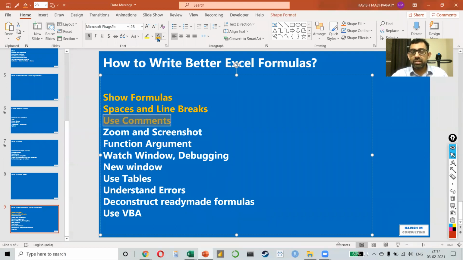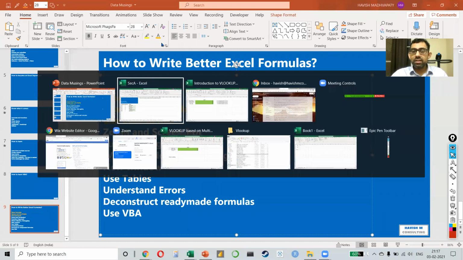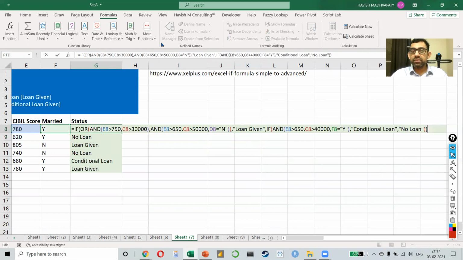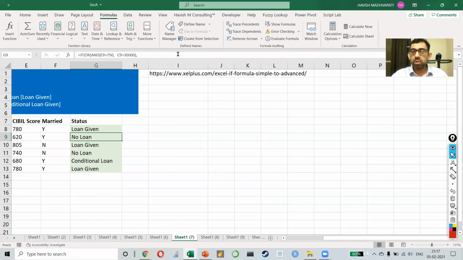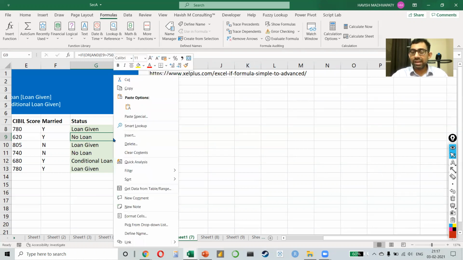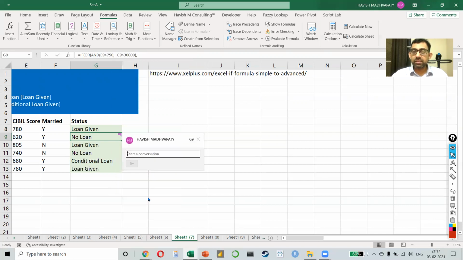This one is simple. Use comments. Comments help you, it helps the other person as well. Sometimes after we have written a formula like this, we ourselves might forget what was the logic behind it. So to put a comment, right click and you can insert a comment from here.